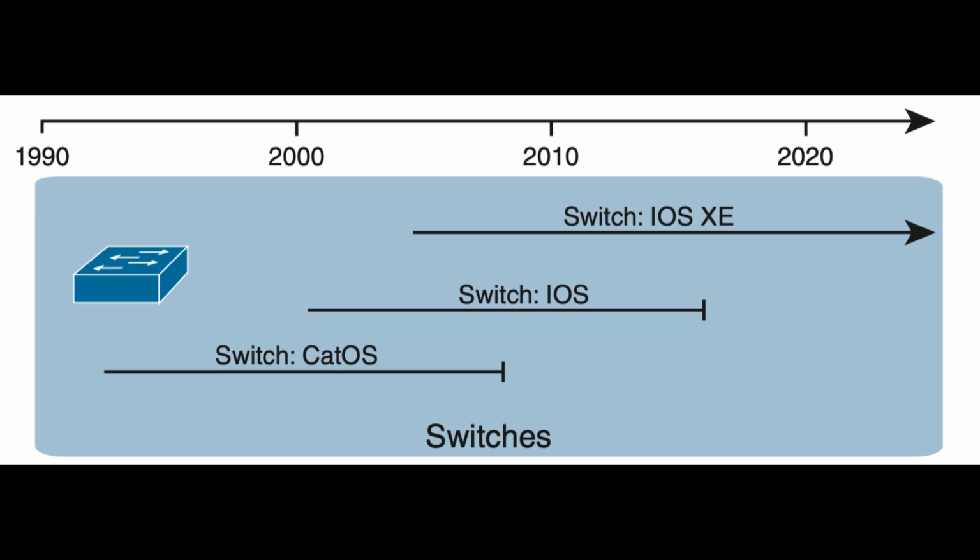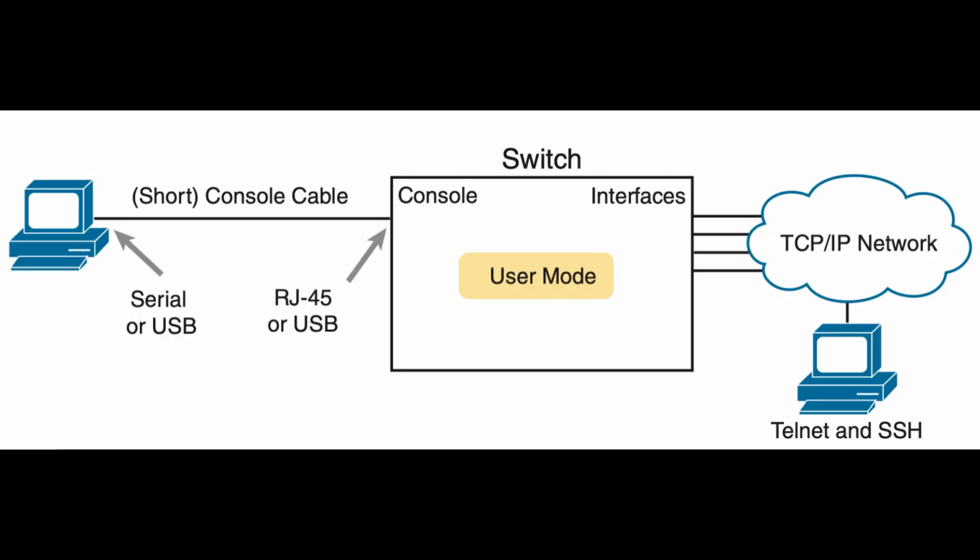Accessing the iOS XE CLI. Cisco iOS software for Catalyst switches implements and controls logic and functions performed by a Cisco switch. Cisco iOS also defines an interface for humans called the CLI. The Cisco iOS CLI allows the user to use a terminal emulation program, which accepts text entered by the user. When the user presses Enter, the terminal emulator sends that text to the switch. The switch processes the text as if it is a command, does what the command says, and sends text back